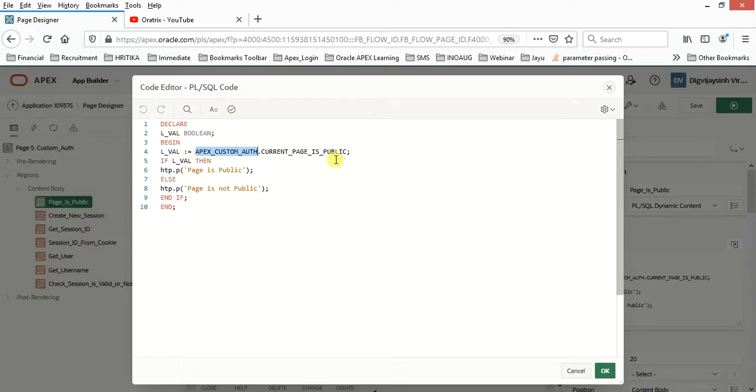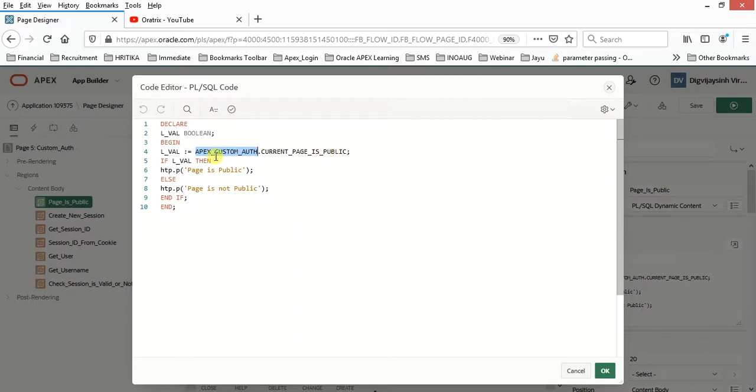There are certain pages which we kept as public, and certain pages which we kept as private, and private means it requires authentication to access that page. If you want to check whether the current page is public or not, we can utilize this statement, and it will return